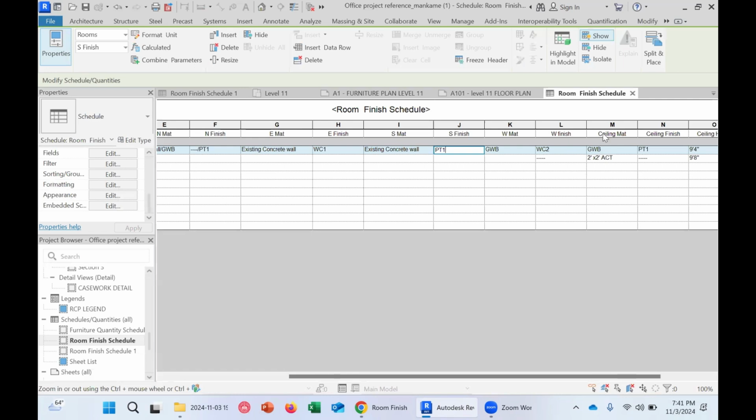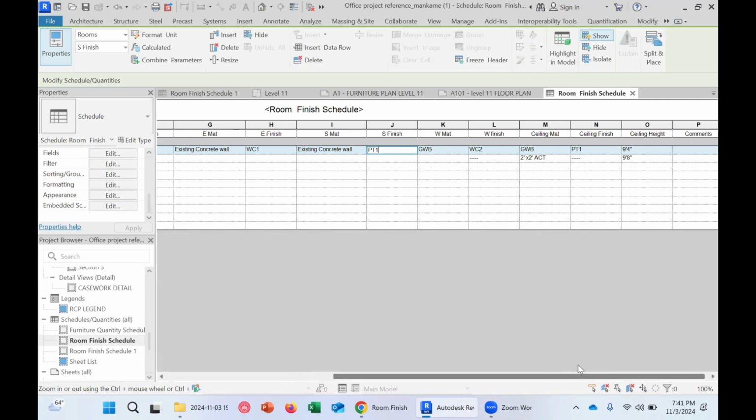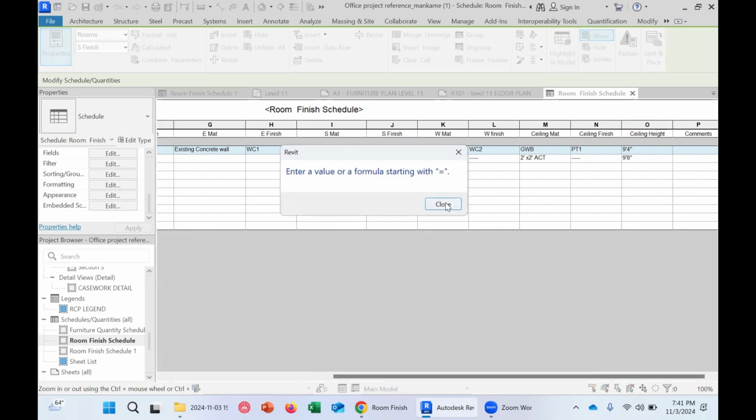And then if you notice here on the ceiling, you have ceiling materials, ceiling finish, and ceiling height. So ceiling height is, again, once you start adding, you can just type in, you can say